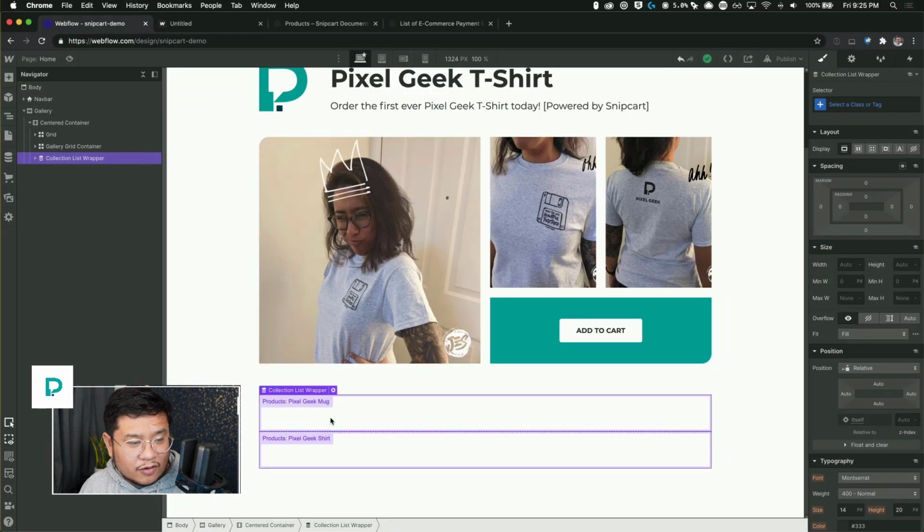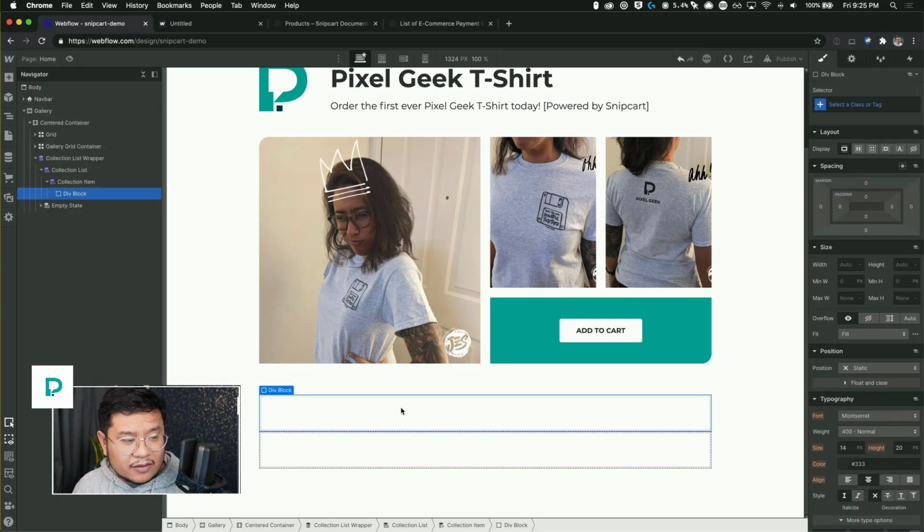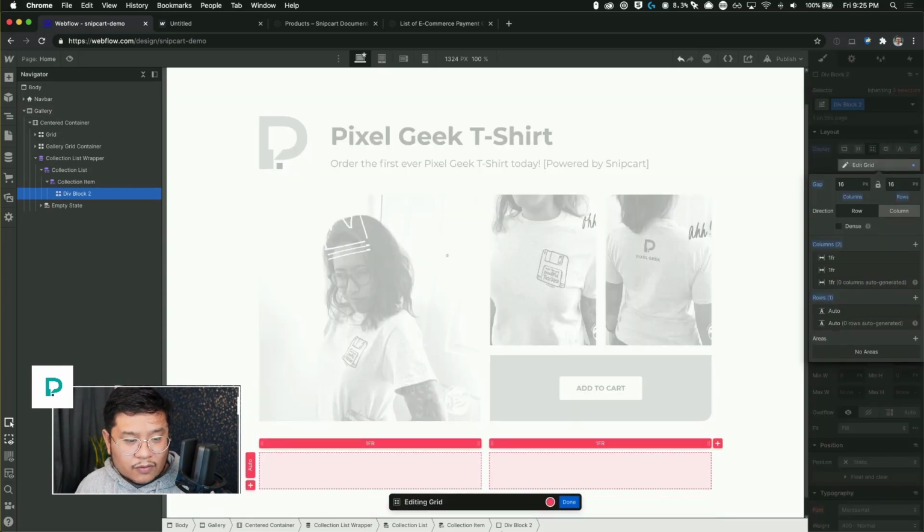So let's go ahead and start styling it. Let me put a div in here and let's make it a grid. That way you have two columns right there.